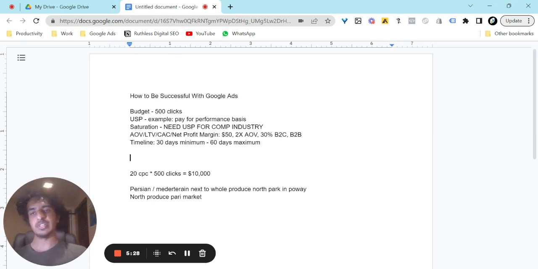Fourth, you need to have a very strong AOV, LTV, and you need to have the ability to acquire customers to support the former two. And you need a very strong net profit margin. Really, you need an average order value more often than not, 7 to 8 times out of 10, and AOV at least over $50 at absolute minimum. Ideally, 60 to 75 and above, but at minimum, you really want your products or services to be valued at $50 at minimum.